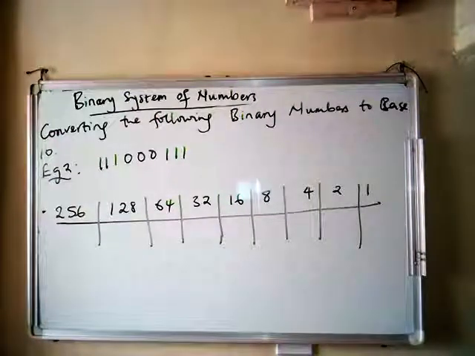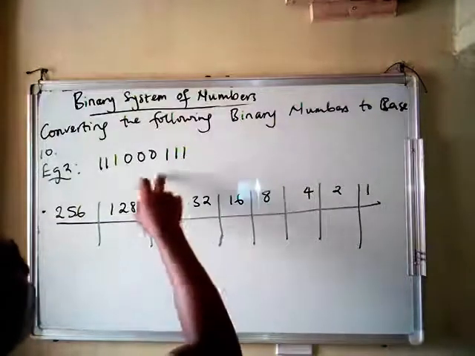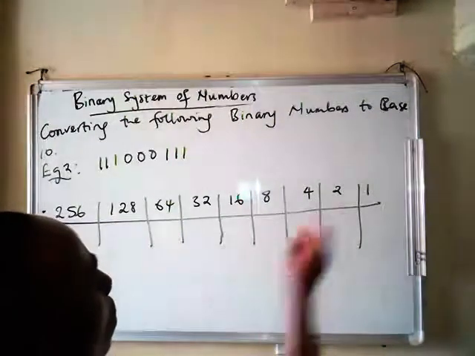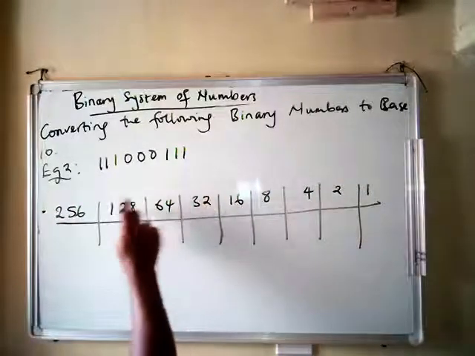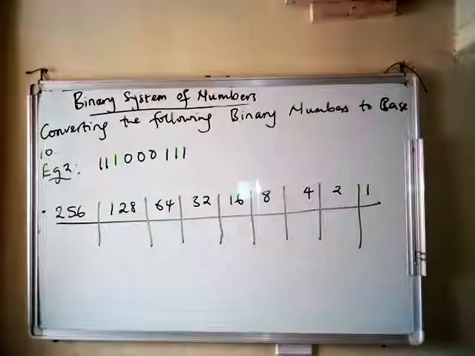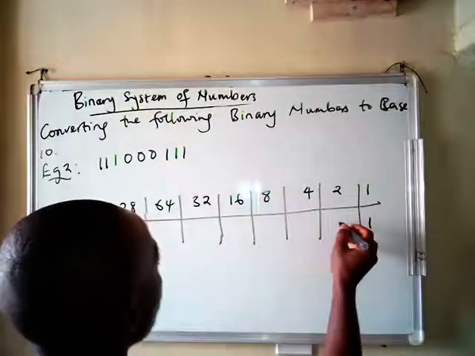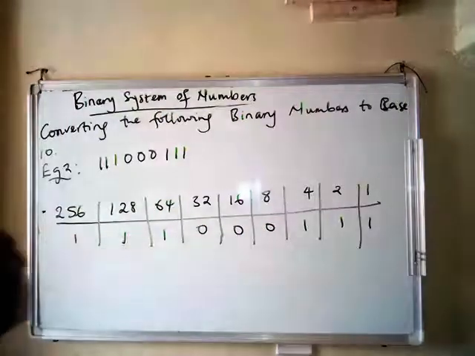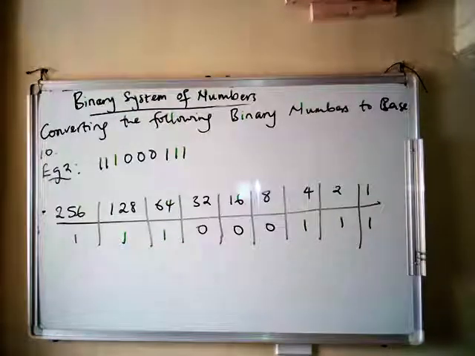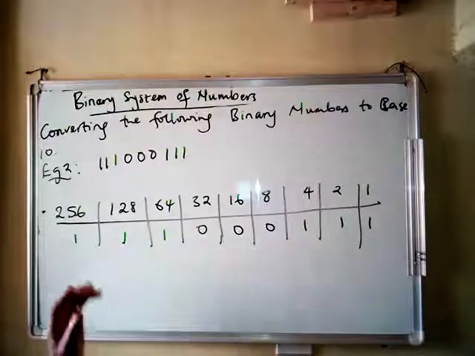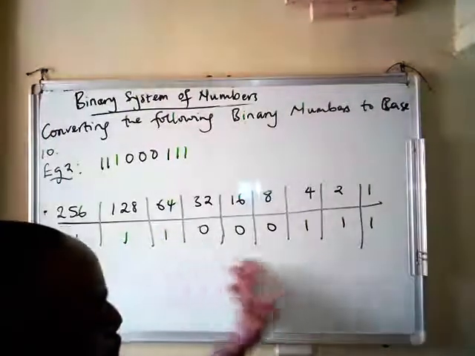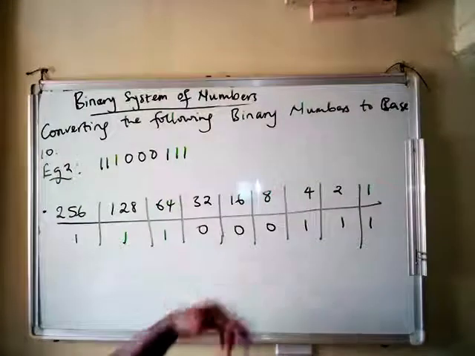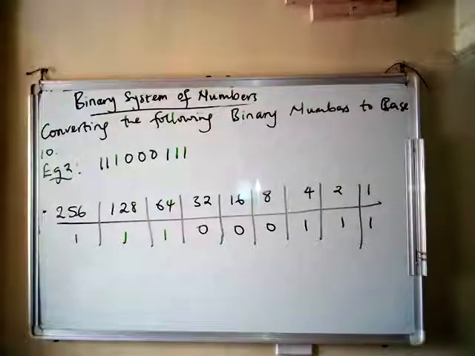Okay, so let's look at a longer number. 1 1 1 0 0 0 1 1 1. Okay, it's a longer number. So let's use our powers of 2. Let's draw our table. So 2 raised to power 0 is 1, 2 raised to power 1 is 2, 2 raised to power 2 is 4, 2 raised to power 3 is 8, 2 raised to power 4 is 16, 2 raised to power 5 is 32,